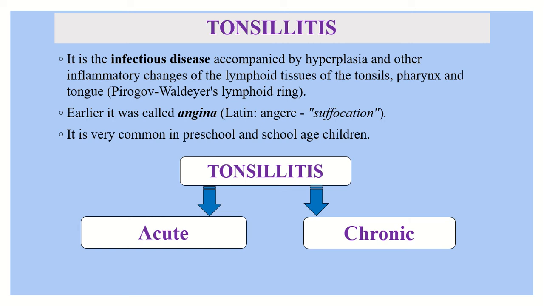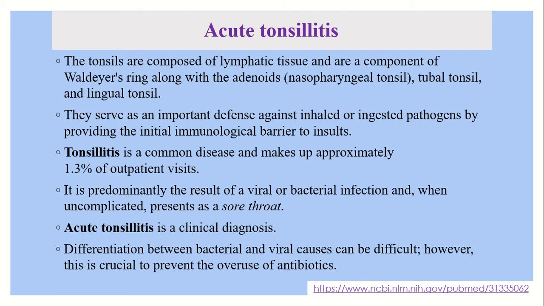That means suffocation. It is very common in preschool and school age children, as we mentioned, because in these children the immune system is not completely developed, so the tonsils reactively function as protective organs. There are two kinds of tonsillitis, acute and chronic. During acute tonsillitis,